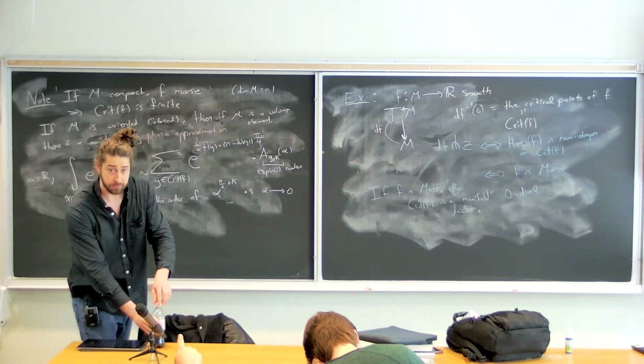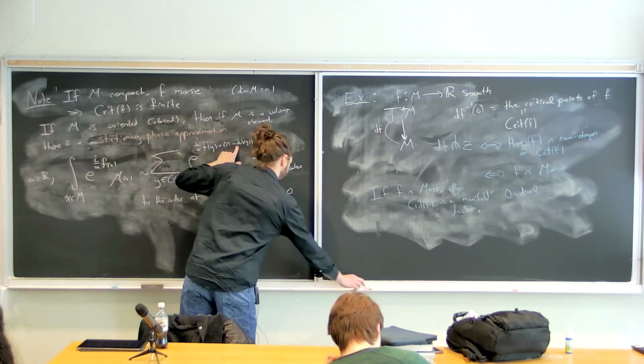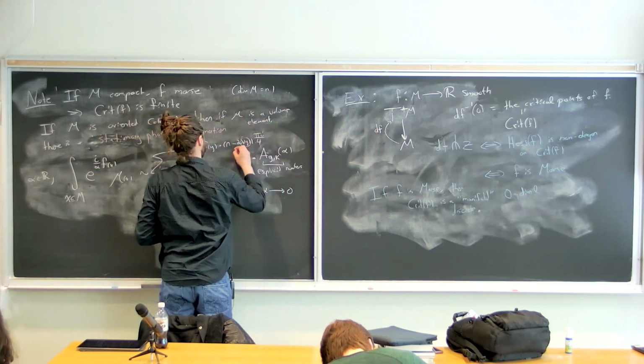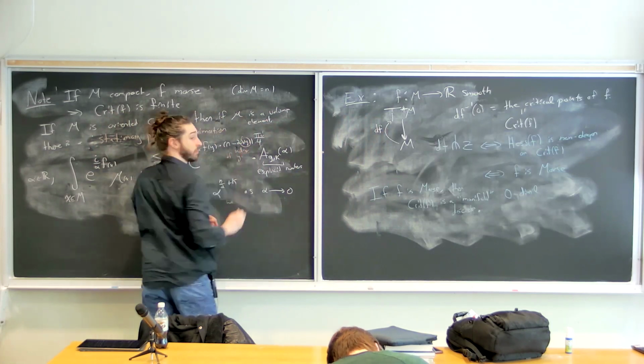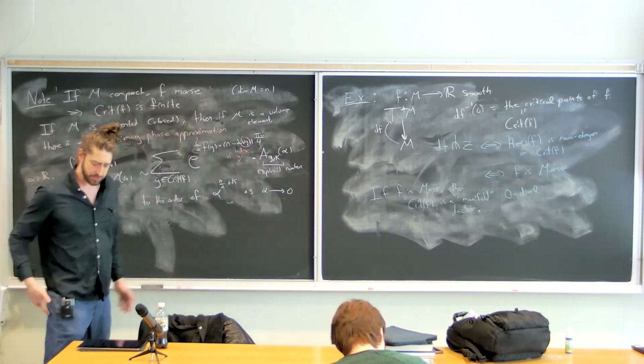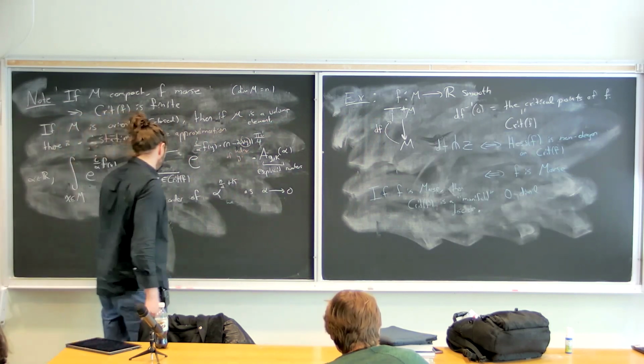Oh, this is m minus 2 lambda of y. I forgot to say what lambda is. This is just the index of the critical point. Thanks for catching that. I meant to say that. Now, this seems kind of arbitrary if you haven't seen this before, but